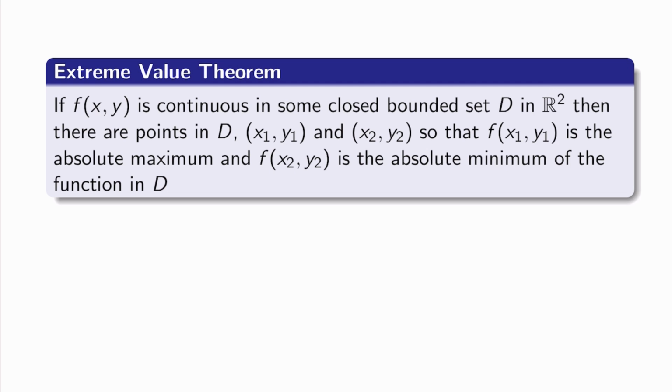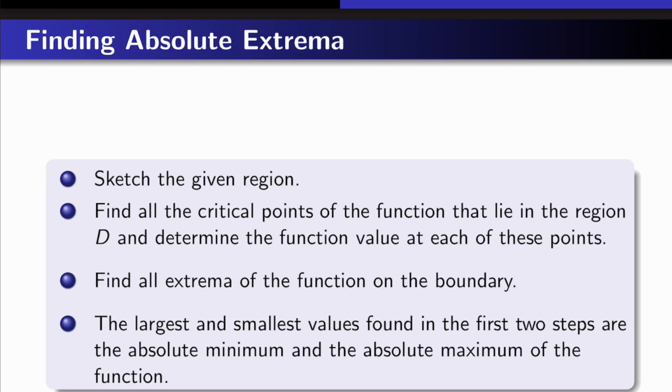We start off with the extreme value theorem. The extreme value theorem says that suppose we have a continuous function f of x, y in some closed bounded set D in the Euclidean R2 space, then f of x, y has an absolute maximum and an absolute minimum in the given region D. To find the absolute extrema, that's the absolute minimum and the absolute maximum of a given function